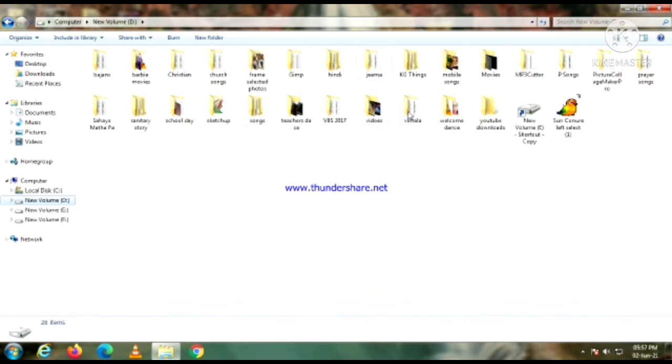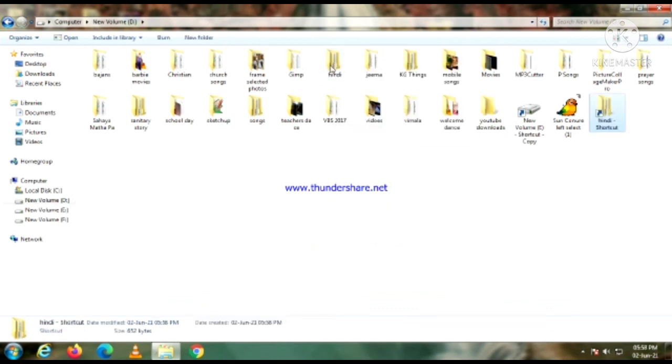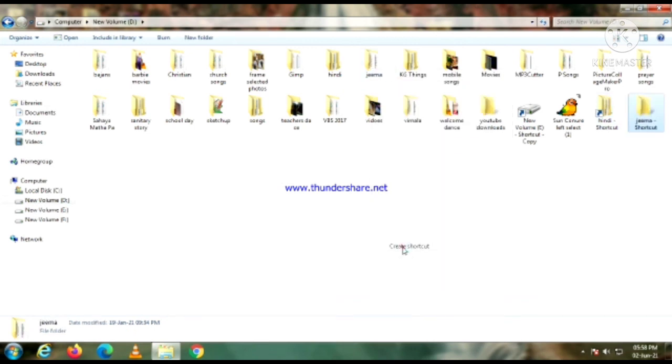You can also use the search box on the Start menu. Then, Windows allows us to create shortcuts for any file or folder. Just right-click on any file or folder to create its shortcut. Click on Create shortcut from the context menu that appears. After that, the shortcut icon will appear in the same window.